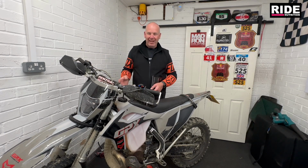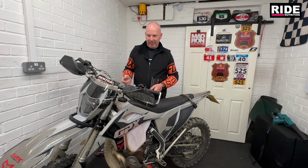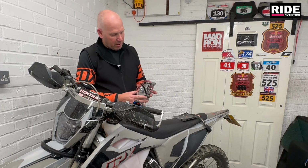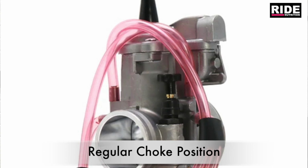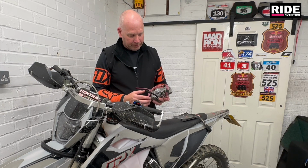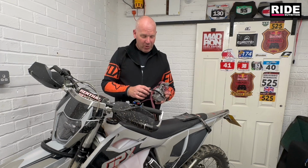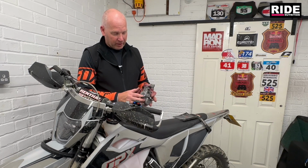The next thing we had to do was get it running. Now, it won't start to begin with. What I'll say about this carburetor is it's quite unique because it doesn't have a standard choke. Look at this one. On all carburetors generally, the standard choke is here. Pull it up for cold starting, get it running, and knock it off. Quite simple. With the Touch and Go carburetor, it's totally different. Where you would see the standard choke, that is actually blocked off. And what they have is